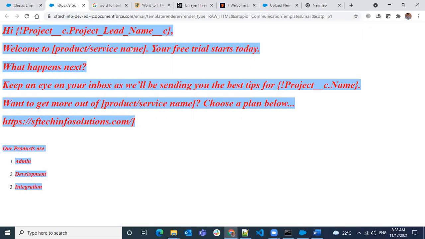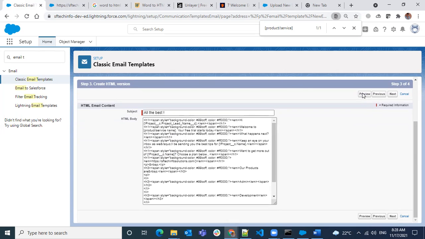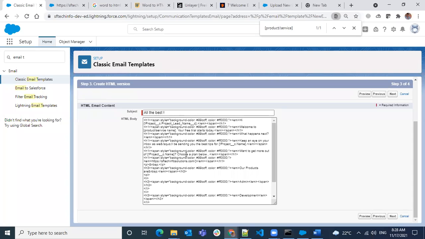Something product service name as well. Product and service name.